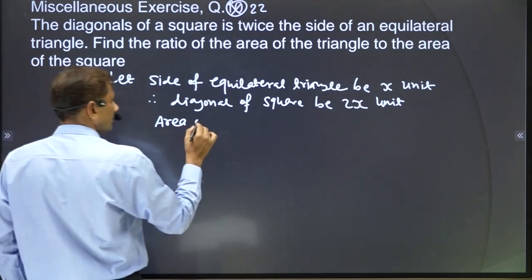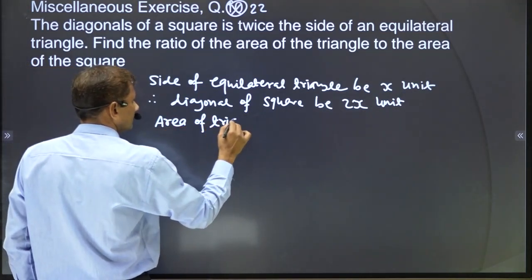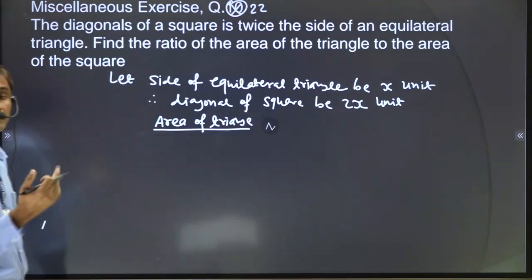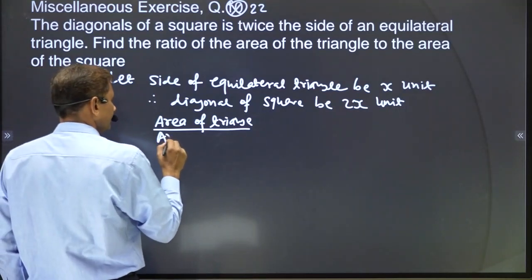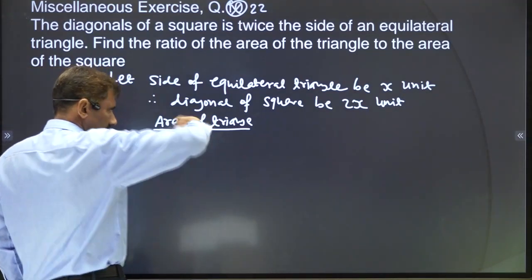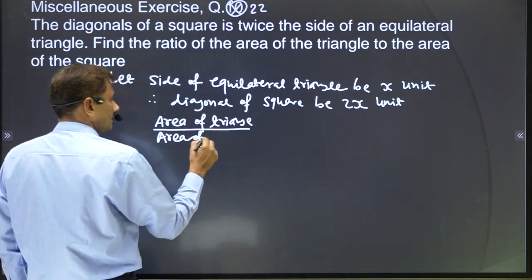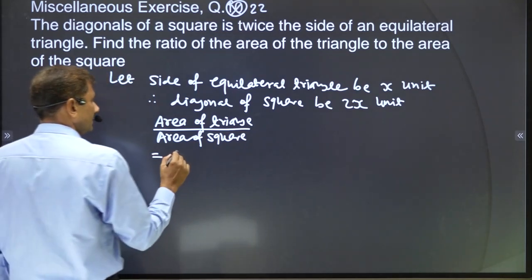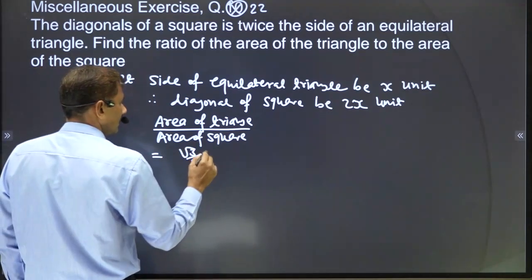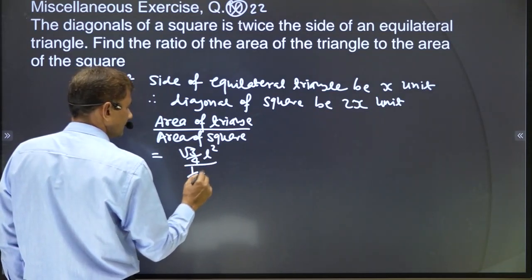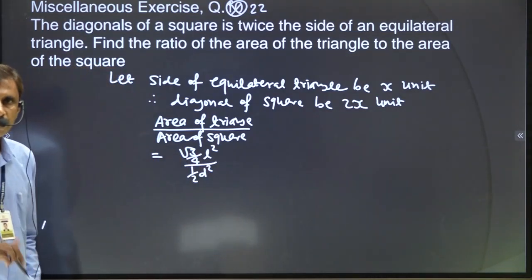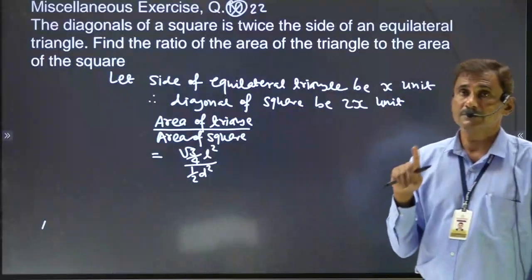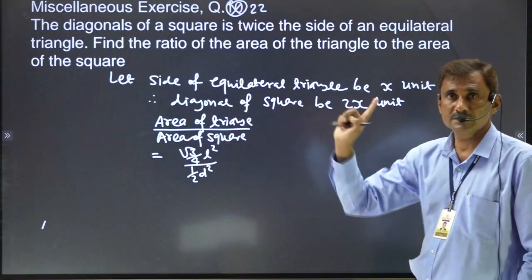So first of all, area of triangle. Ratio means this. Okay, P by Q form. And now area of square. If you write it the inverse way, square first and triangle after, then it is wrong. Now that is asked. So write down here root 3 by 4 L square and here half D square. Both are formulas. Square has two formulas for finding area. One is L square and another one is half D square. Here the diagonal is there, not the side.